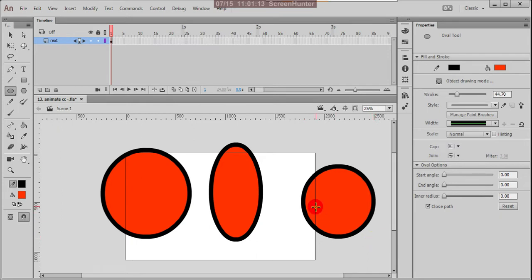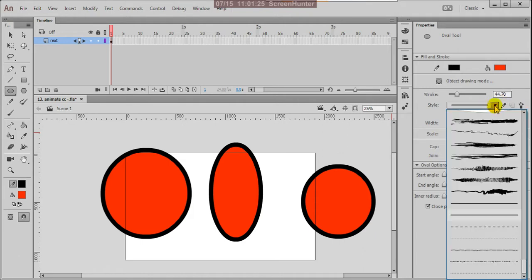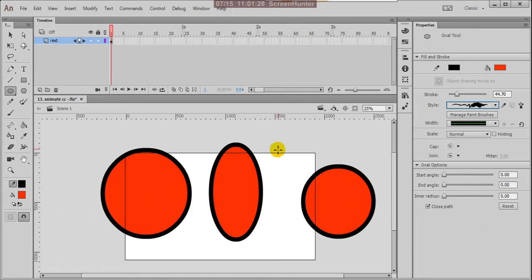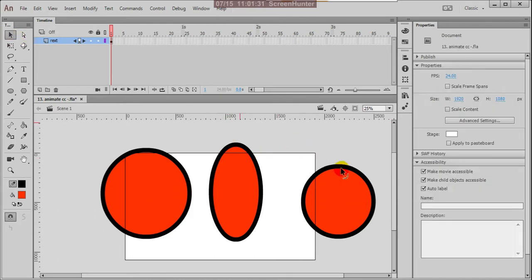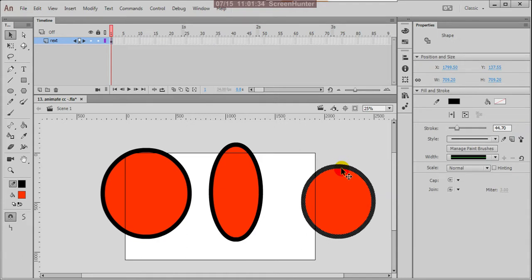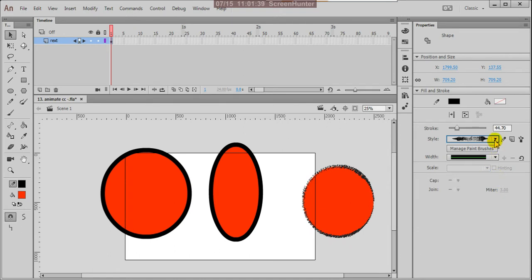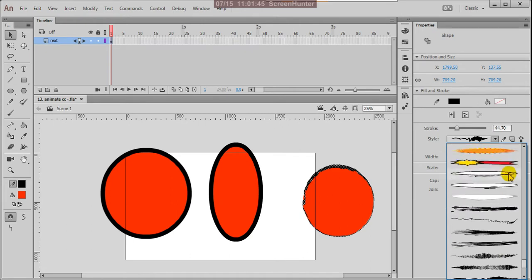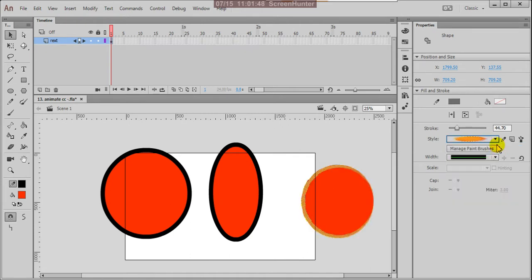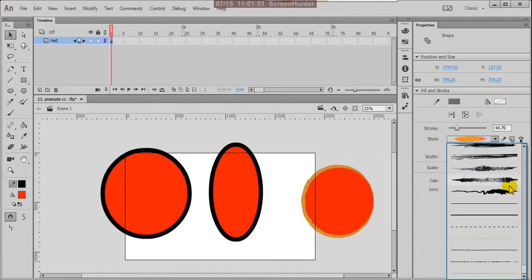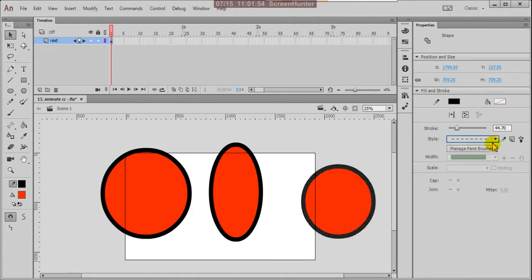Next we have the tool options in this category. Here the stroke size is 44. You can decrease or increase the size, and you can change the style. Check this style, rough edges, and this is sometimes the dotted line.